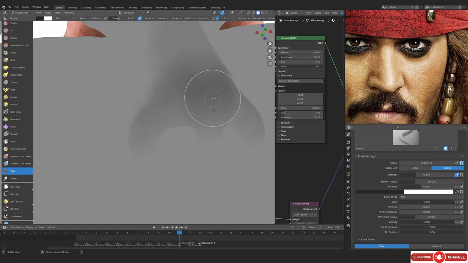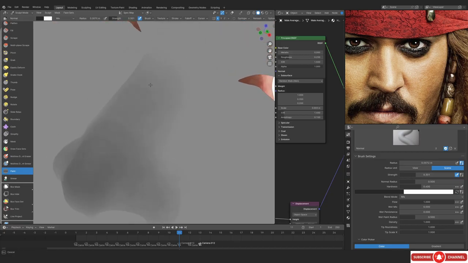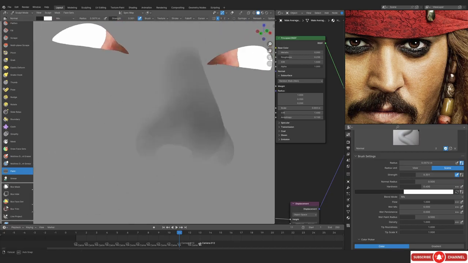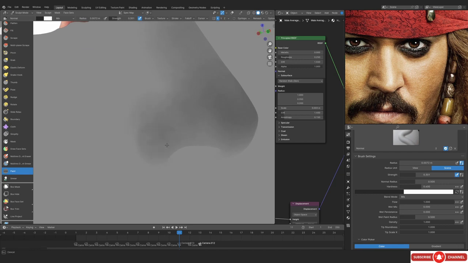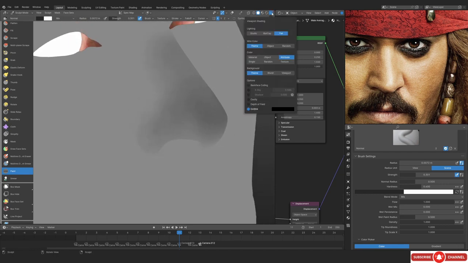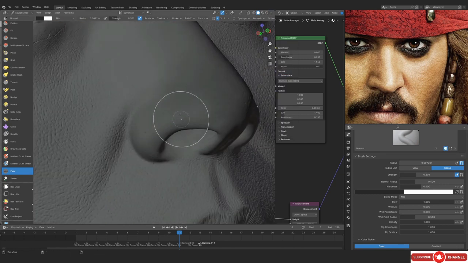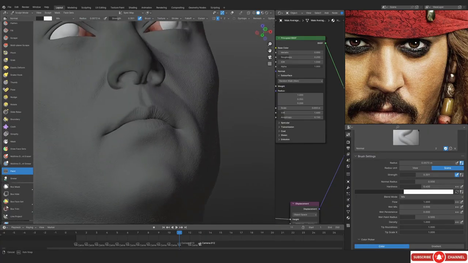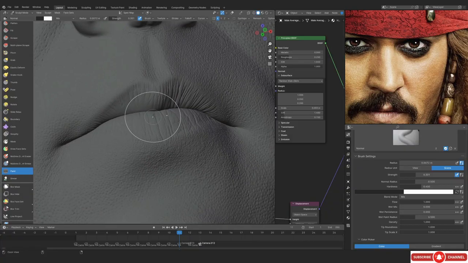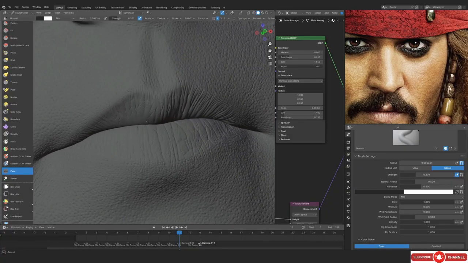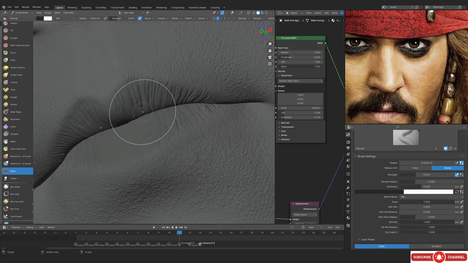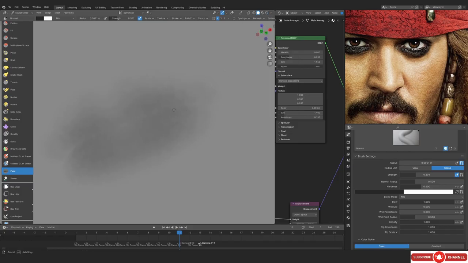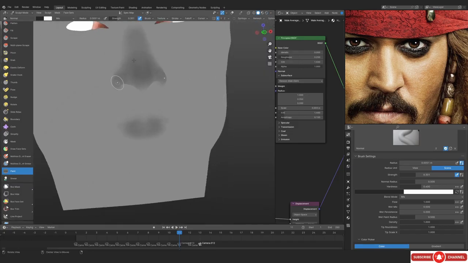And as you can see, I'm literally just blocking out the colors first. You don't really need to overcomplicate this part. Just look at your reference and know which part needs to be a little bit rougher or shinier, and you basically just do that. So as we've talked about, the nose is going to be a little bit shinier. That's why you can see that I have painted it with a little bit darker color. The same is going to go for the lip. So you can see this is what I'm doing.